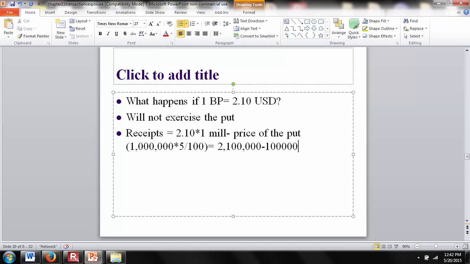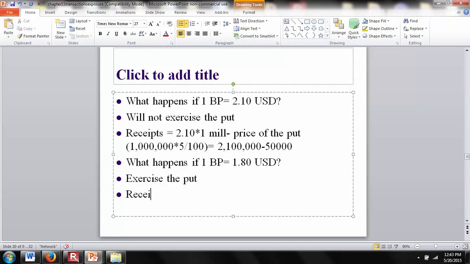Okay, so that gives you how much he has to, I think it's $50,000, yeah. So that gives you his receipts. Now what happens if the exchange rate is... so in this case, exercise the put. Okay. That's what he will do. He will exercise the put, and the receipts are going to be he gets 1 million